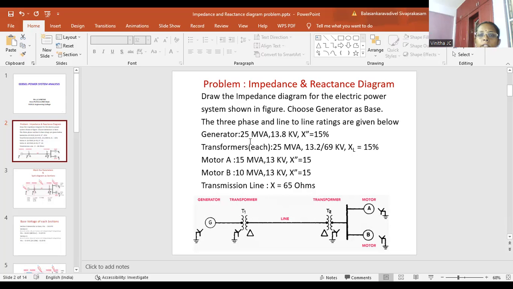The ratings of the generator are 25 MVA, 13.8 kV, X double dash is equal to 15%. And T1 and T2 transformers are 25 MVA, 13.2 bar 69 kV, XL is equal to 15%. See here, for the transformer it is given as